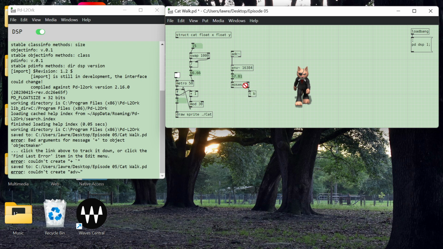If it's 70 or above, it comes out here, but we're turning it into a bang that will then go over here and bang this left inlet of the float box, because that will bang the number through. So now the numbers will go through and continue adding up, but only